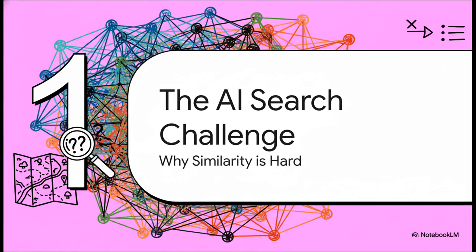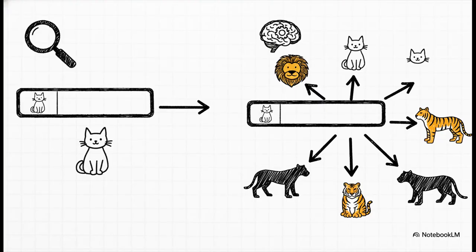So why do we even need this special map in the first place? Well, that gets us to the fundamental problem with AI search. It is a totally different beast compared to the kind of search we're used to, like on a traditional search engine. See, a classic database is fantastic at finding an exact keyword, right? You search for cat, you get results with the word cat. Easy. But an AI needs to find things that are conceptually similar, other images that look like a cat, or maybe a piece of text that has the same meaning as the word cat. Trying to find similarity in what we call high-dimensional vector data is just an incredibly hard, computationally expensive problem to